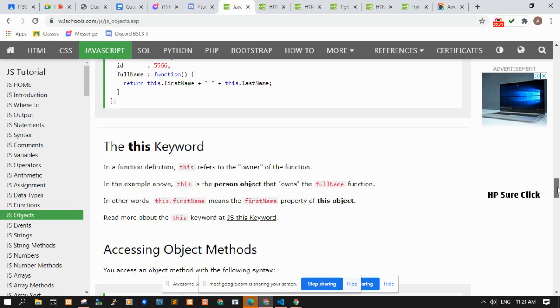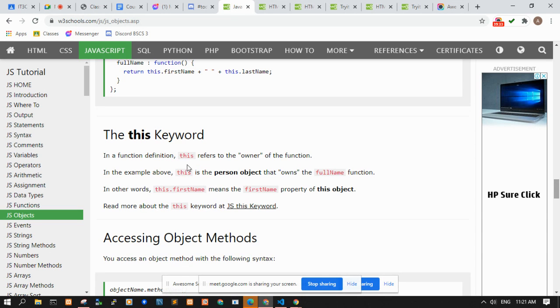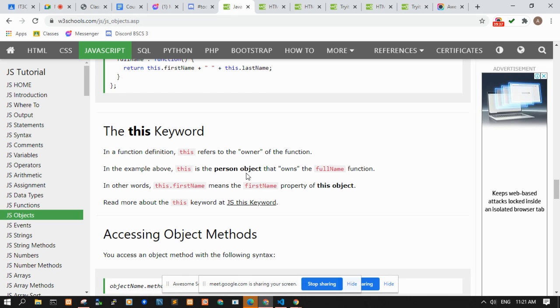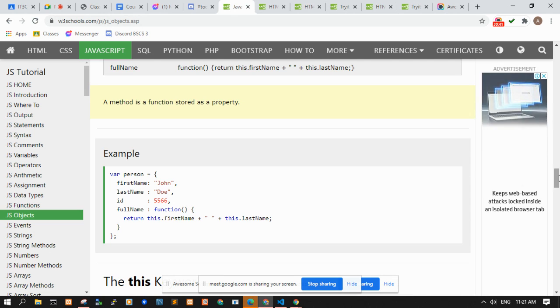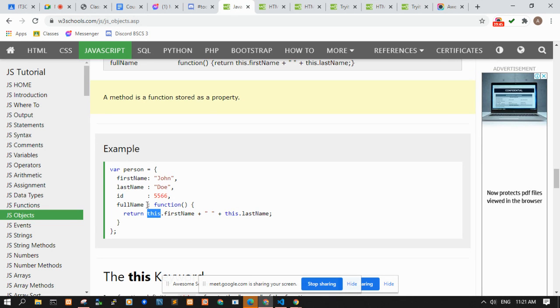Okay, the this keyword refers to the owner of the function. In this example, it's the person object that owns the full name. So in this example, this refers to this object person.